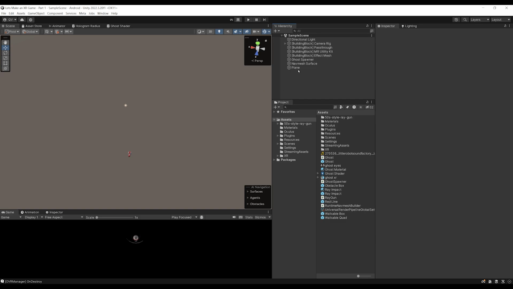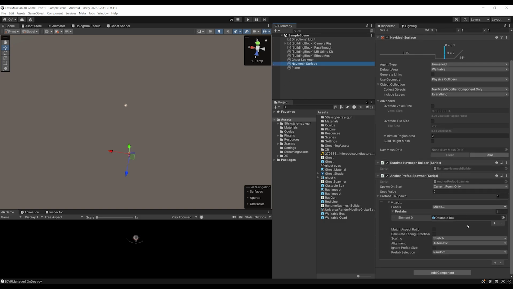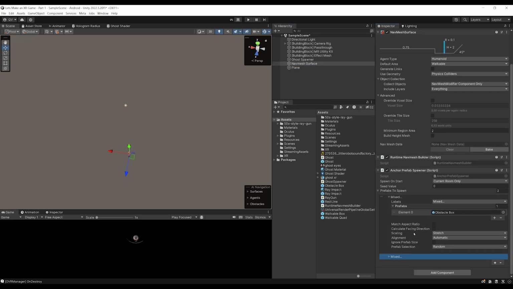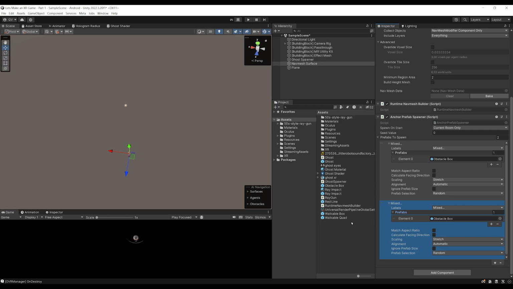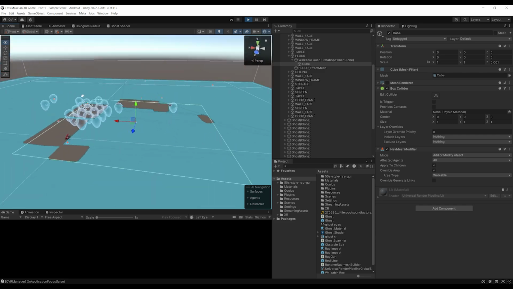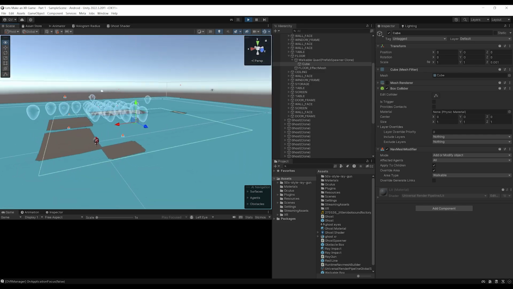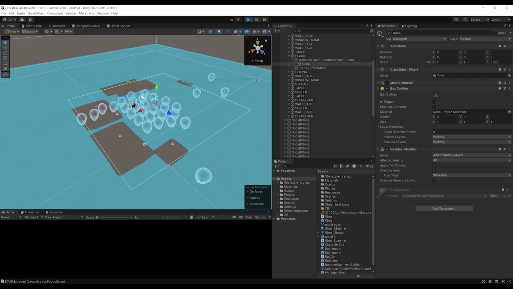So let's go back, select our Navmesh surface, and just as an example, if I click on the plus button, I can drag here the walkable quad instead of the obstacle box. And for the labels, I'm going to set everything to nothing and then just set it to floor. And now if I click on play, there you go. As you can see, for our floor, this has added here the walkable quad, which has taken the good size